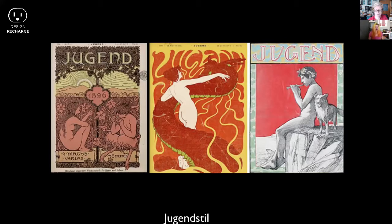Okay. So then we make our way to Germany, and the style in Germany is referred to as Jugendstil, which means youth style. And they had a publication called Jugend, or Youth. This was a magazine titled Youth. That really promoted the style and the movement, but similar to the Vienna Secession, they didn't lock into one element. This was very experimental, but you do tend to see some designs that look like they are more inspired by French Art Nouveau, like in particular the